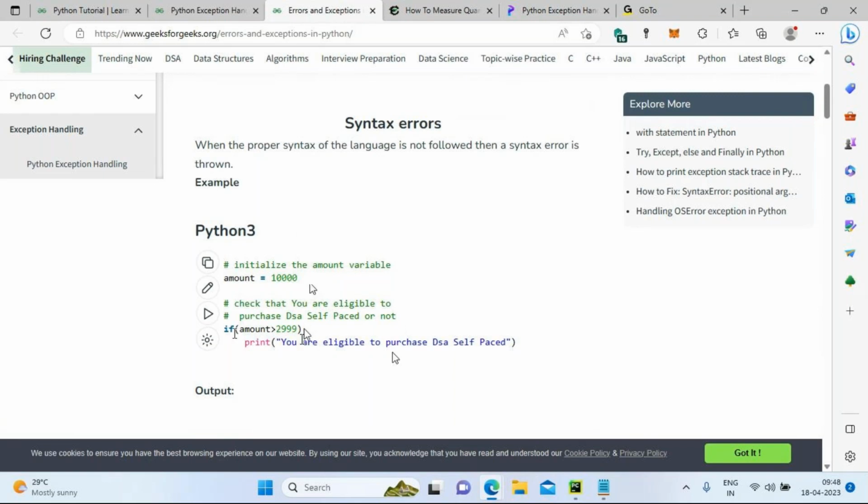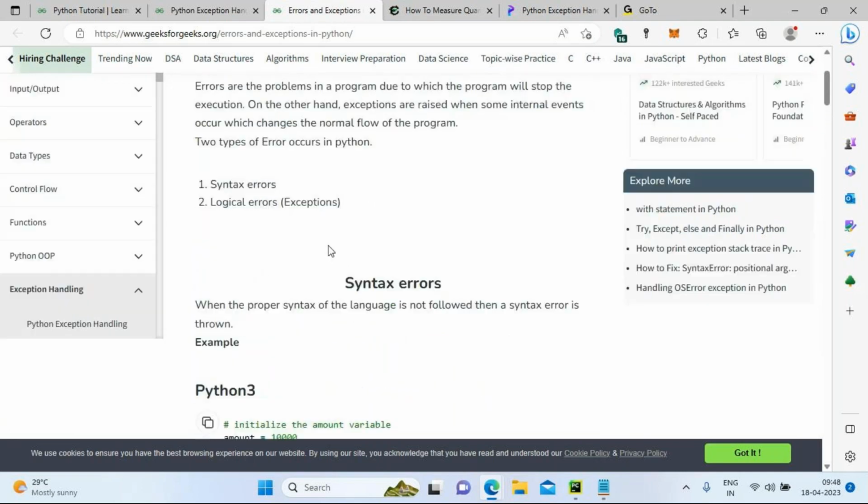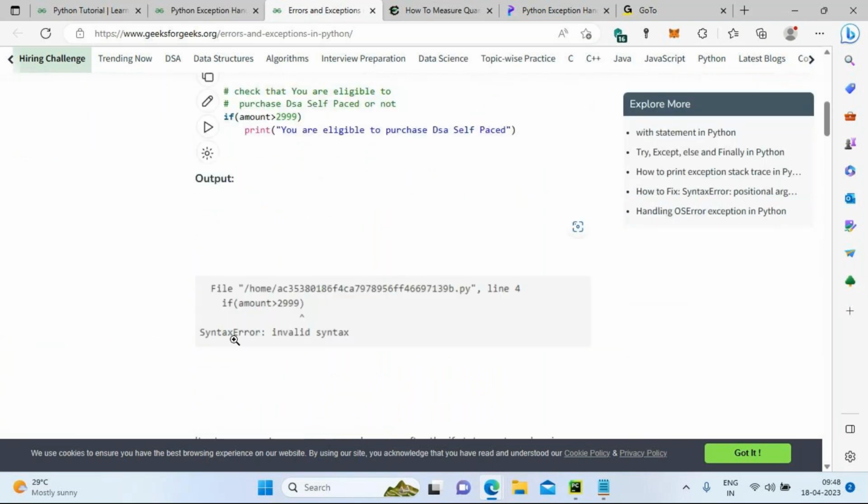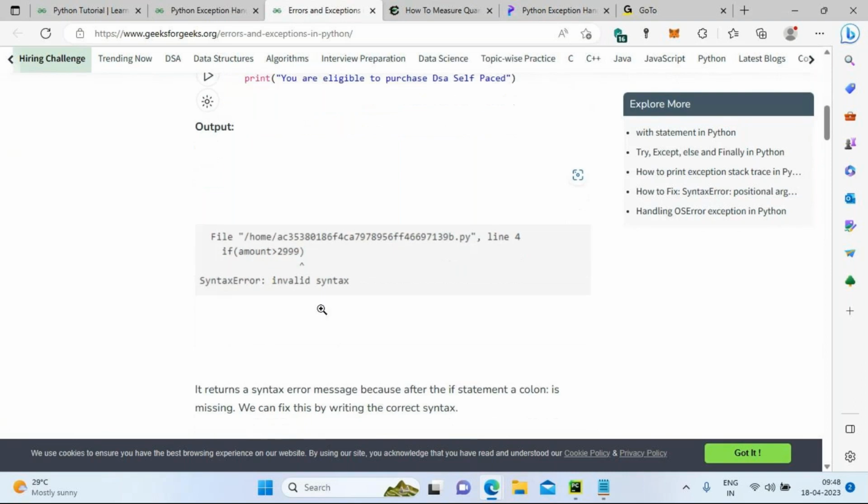If you're not following the proper syntax, it's going to throw a syntax error. It comes under the error section. Now you can see the error message. I got the error as syntax error. It's invalid syntax because in the if statement I have to use a colon. Okay, next one is